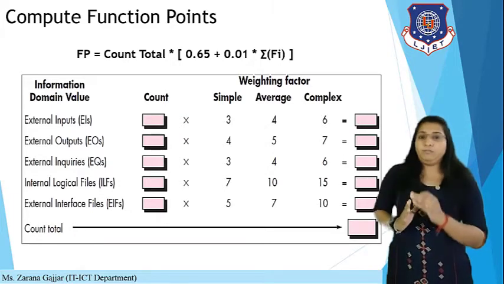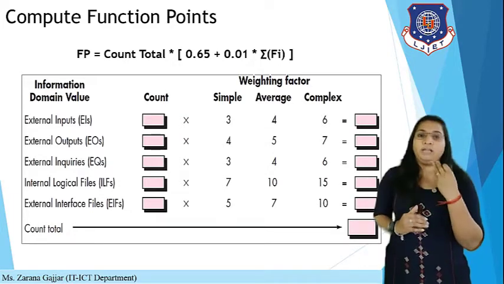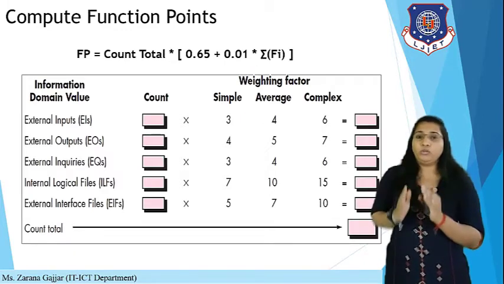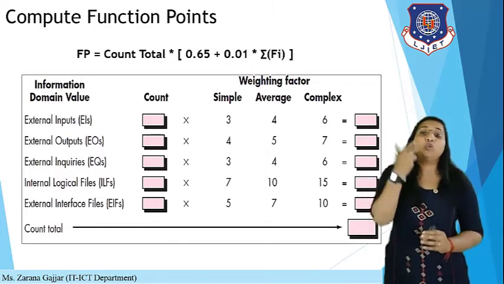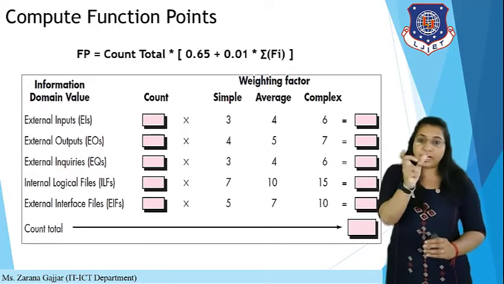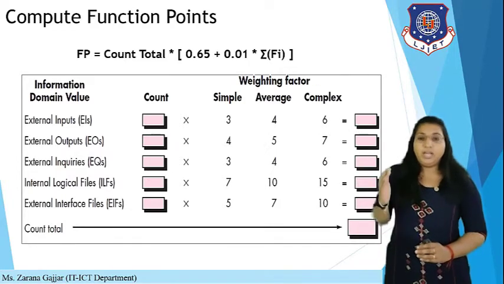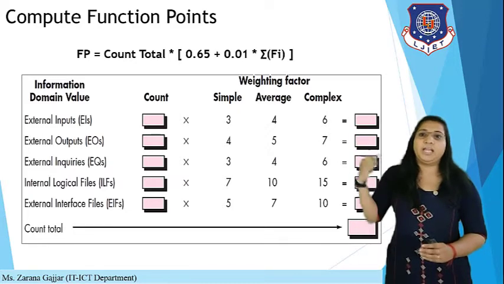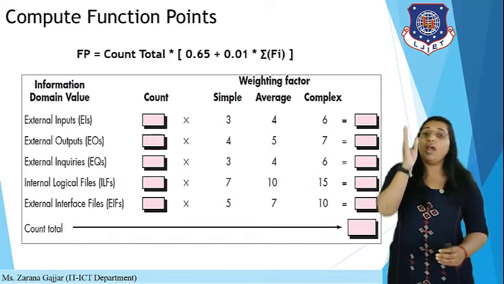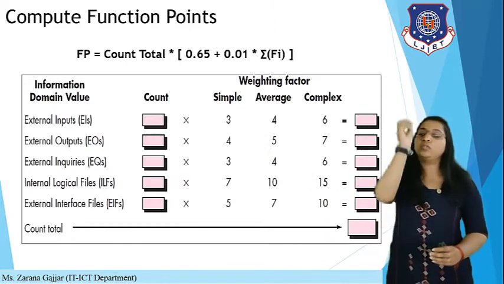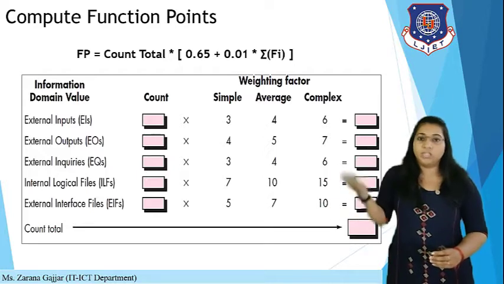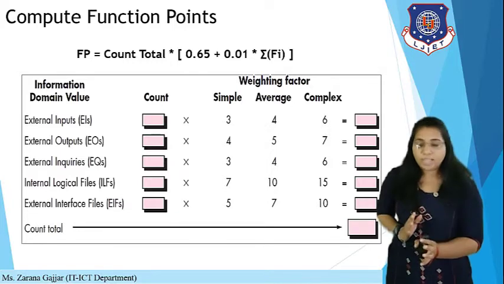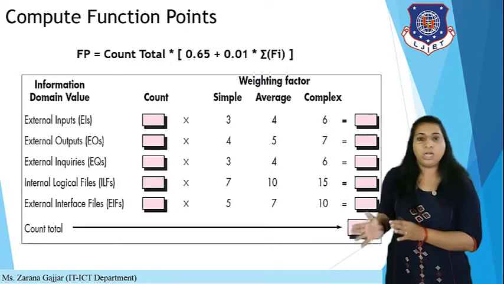Now if someone asks you to calculate the function point for a particular project, then you have to imagine what the actual complexity is. These are some weighting factors that are already given. If your project is simple, then you have to select the simple values for multiplication of the various inputs. If you have an average project, then you have to select the average value for the calculation. And if your project is very complex, then you have to select a complex factor for calculating the total count.